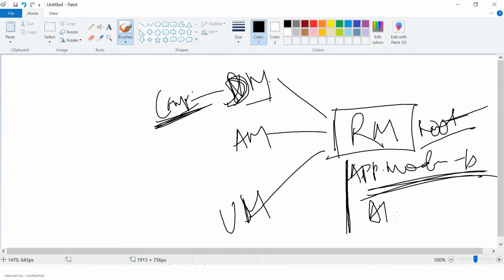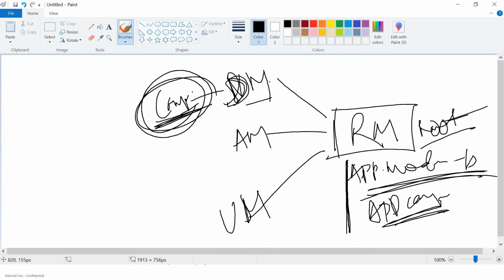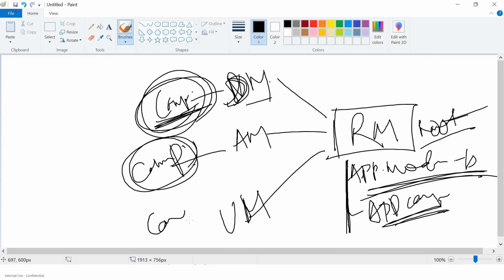If the app component is declared inside the root module, this app component can access this component. And if another component is exported here, this can also be accessed here.